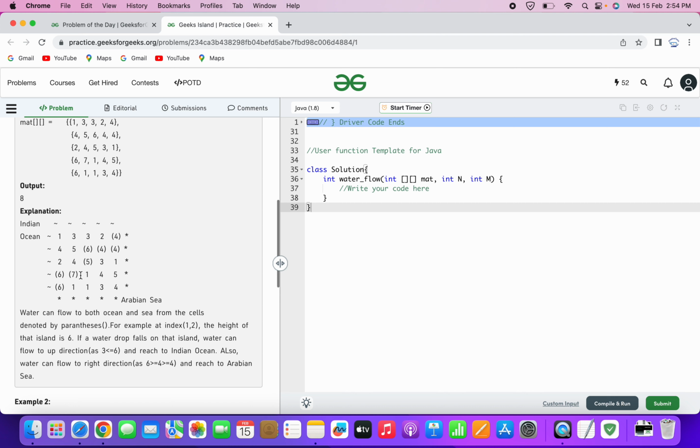So similarly we need to find, for each cell that will be part of our resultant, at least one way through which the water can flow to the Indian Ocean or the Arabian Sea. So here, instead of finding the cell, suppose we are currently iterating through this matrix and we reach 6, whatever it has been given in this example,